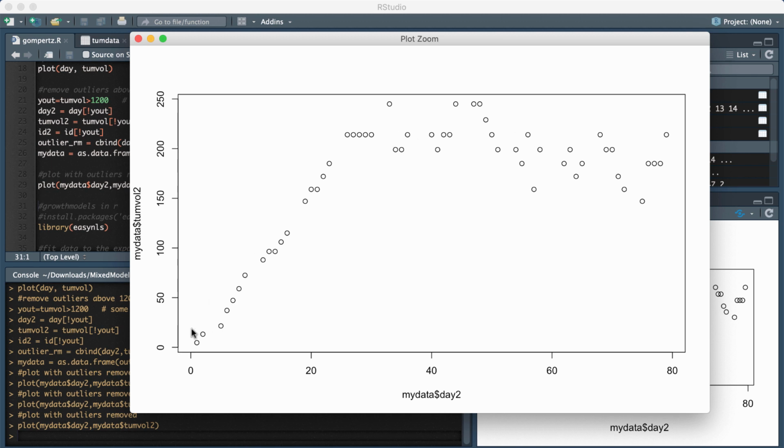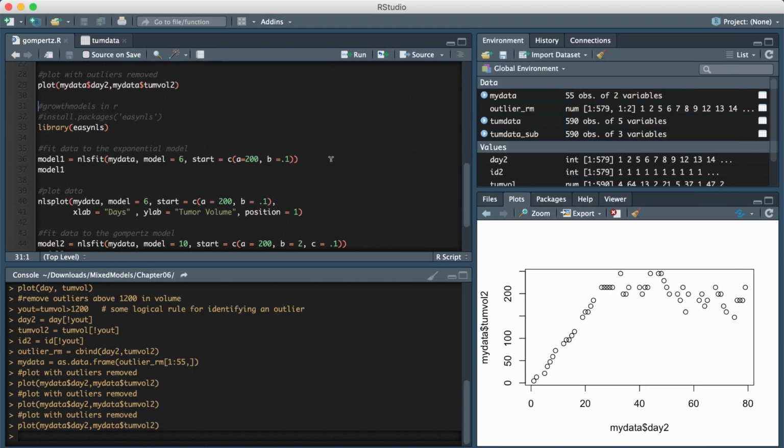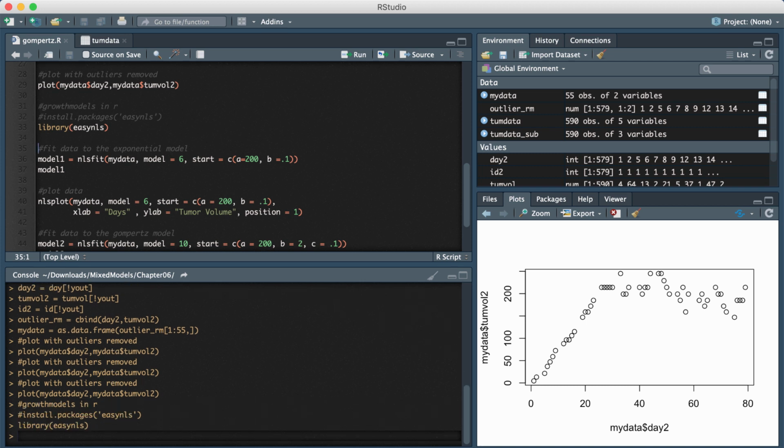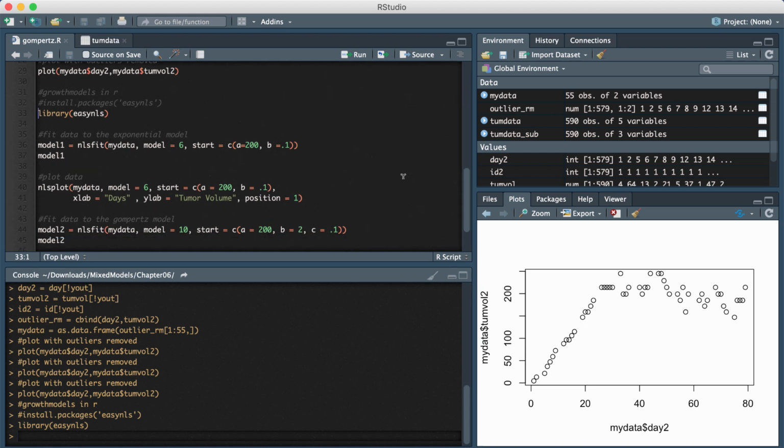So basically what I wanted to do is a regression. I wanted to regress the growth, or the size and volume, on time. And from the function that I showed you in the beginning of the video, you saw that the function is a double exponent. So not only is it not linear, it's not even exponential, it's doubly exponential. If I wanted to do this type of model, this is what's called a nonlinear regression problem, because the parameters are not a linear combination for the y or the f of t. So to do that in R, I'm going to load in this library called EasyNLS. It basically fits nonlinear regression models.